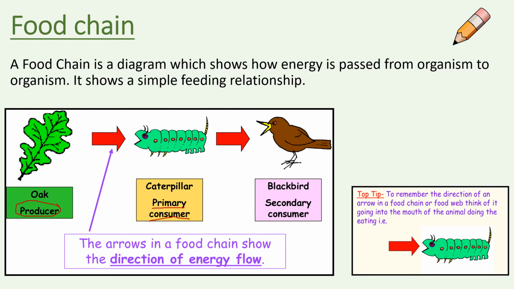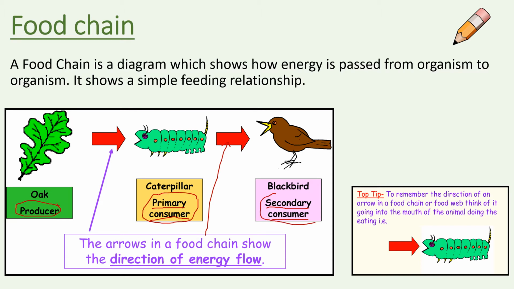Then we've got another arrow, and remember the arrows represent the direction of energy flow. So the blackbird is getting its energy from the caterpillar because again it's eating it. And when it comes after the primary consumer, it is said to be a secondary consumer. Now, if there was something else eating the blackbird, it would then be called a tertiary consumer. So you can remember this because you will have gone to primary school first,